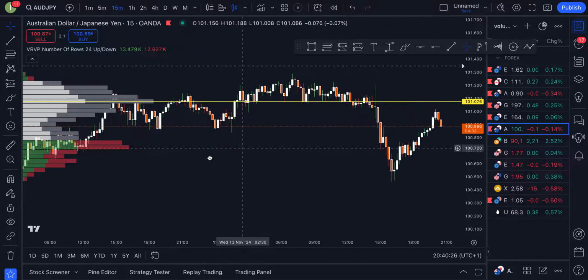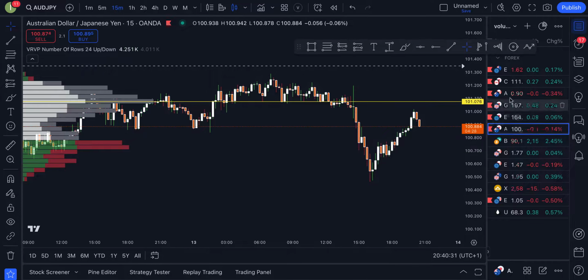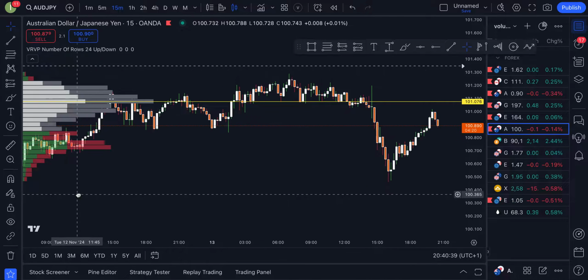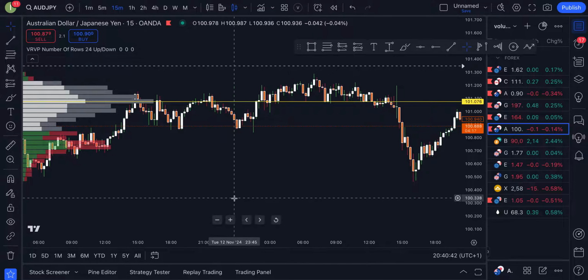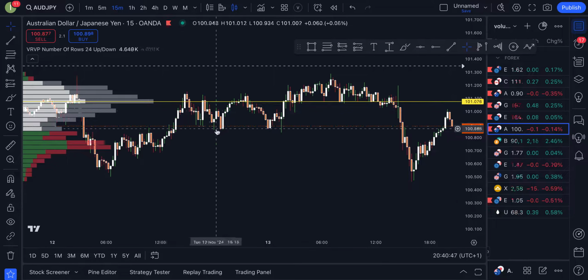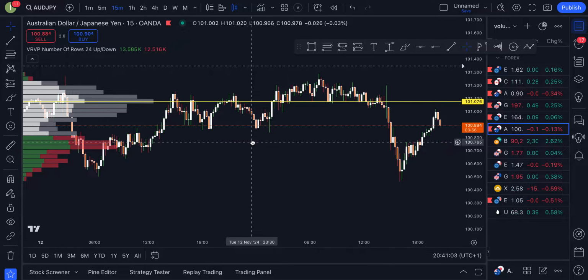Now, I'm just waiting for price to load up. All right, it's loading. Sorry that it's being slow. I really don't understand why it's being so slow. Okay, okay. So